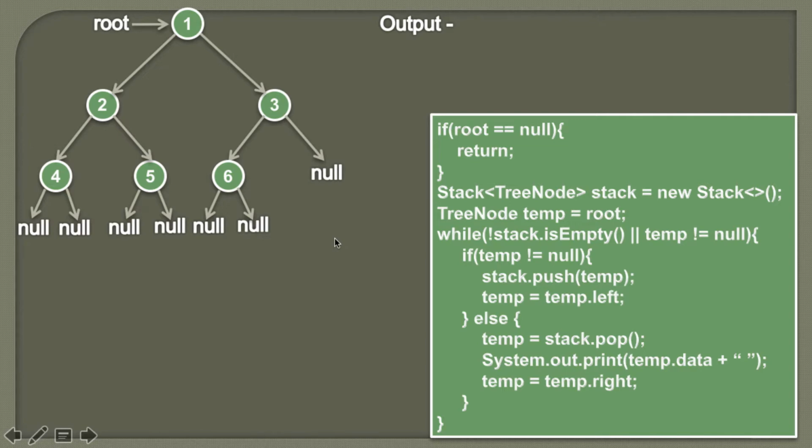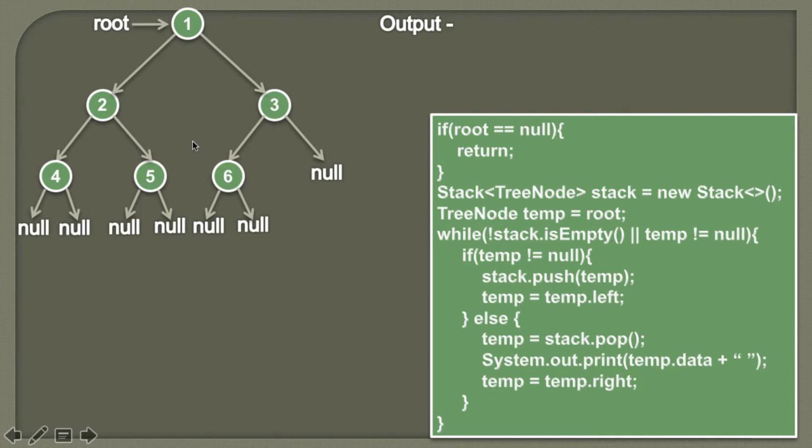So the additional data structure that we use here is a stack. A stack is a LIFO data structure, which means that the element inserted last into the stack would be the first one to be removed. In order to know more about the stack, you can watch my previous tutorials. Before visiting a node, we put it on the stack and then we go to its left subtree. And this we do for each and every node. Once we have visited the left subtree of any node, we pop the element out of the stack, visit that node, and then go to its right subtree. So let's see the demonstration of this algorithm step by step.